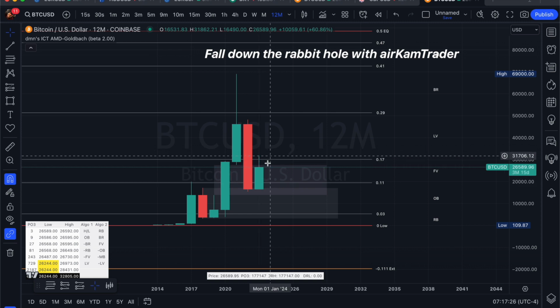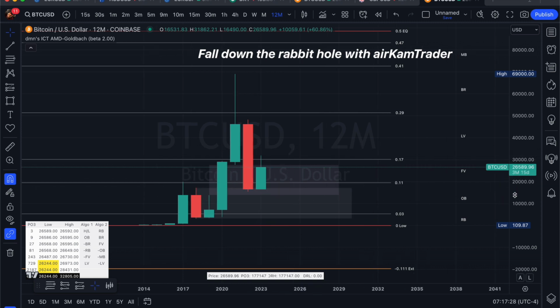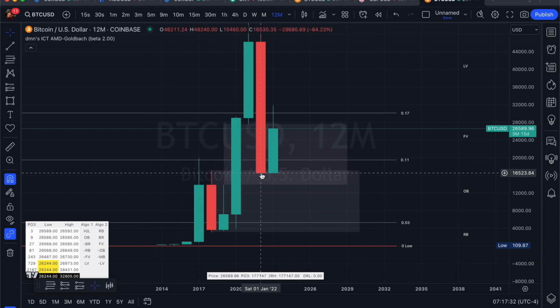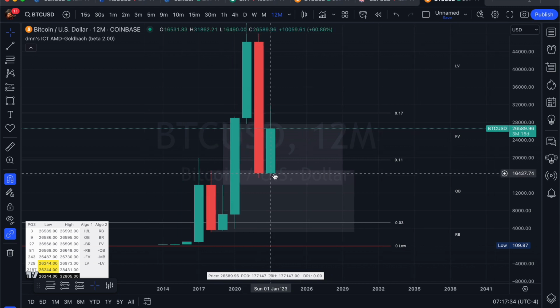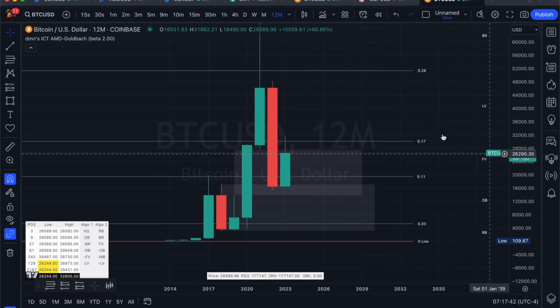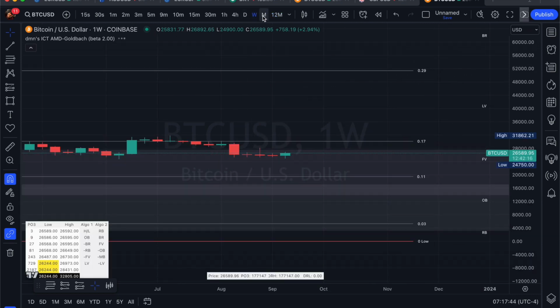And we are at the end of the year now. But we don't have a wick here. This is a bit concerning. No wick. But what I've seen on lower time frames is when a buyer program or sell program starts, we may not have a wick because we're just offering prices one way on the higher time frame. So the key point is